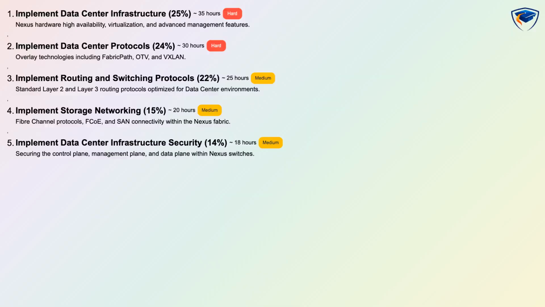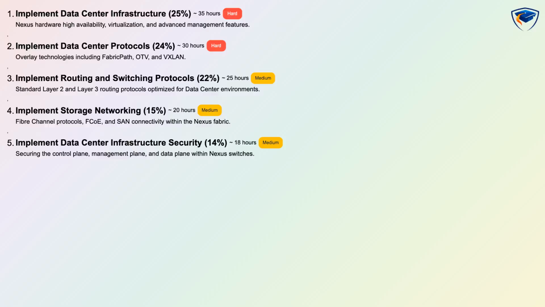This exam is divided into 5 domains with exact weights. Implement Data Center Infrastructure 25%, Implement Data Center Protocols 24%, Implement Routing and Switching Protocols 22%, Implement Storage Networking 15%, and Implement Data Center Infrastructure Security 14%. Knowing these weights helps you allocate study hours and focus on hands-on practice where the exam emphasizes live configurations and